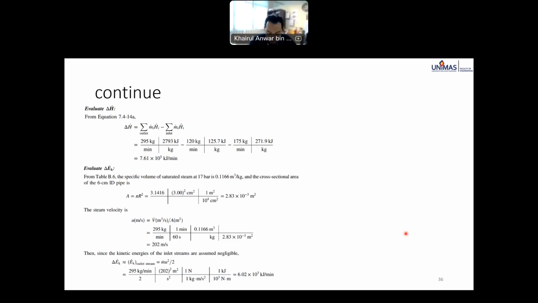Let's go to the inlet: 295 kg per minute multiplied by the specific enthalpy we calculated earlier, minus the two inlets, 1 kg multiplied by the specific enthalpy. Where do you get the specific enthalpy from? Table B5 or B6. Then you get delta H equal to